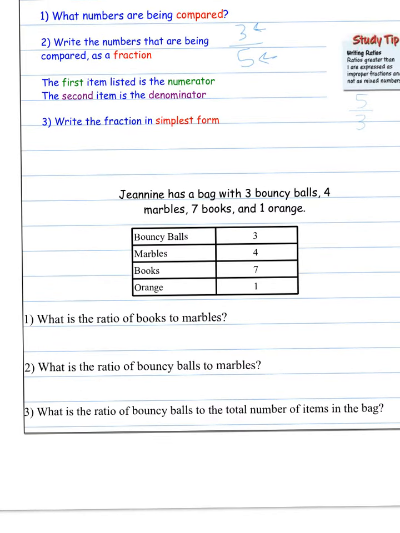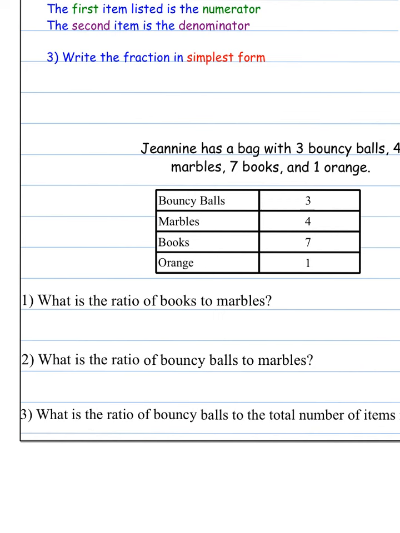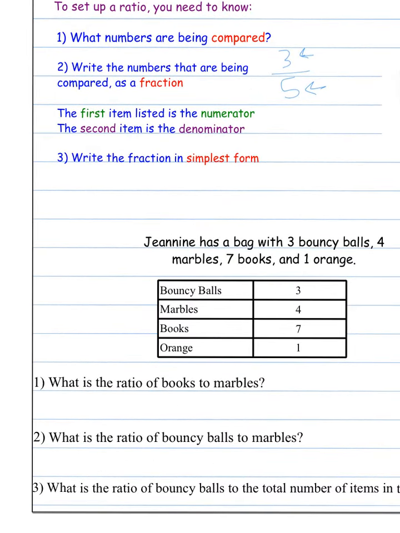All right, so here are some examples for us. Janine has a bag with 3 bouncy balls, 4 marbles, 7 books, and 1 orange. Our first question asks us, what is the ratio of books to marbles? Based on our steps, we first need to know what numbers are being compared. Well, we are comparing books to marbles. Write the numbers being compared as a fraction. The first is the numerator, so books, which is 7. The second item is the denominator, which is the marbles, and that is 4. And then write it in simplest form. Nothing goes into both 7 and 4, and we want to keep it as an improper fraction,